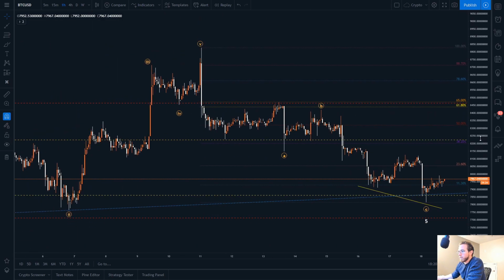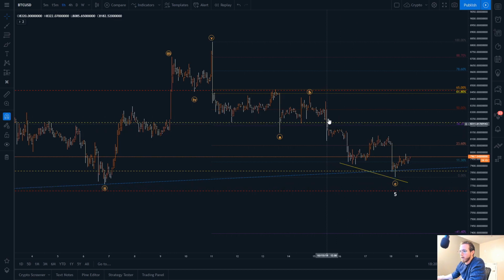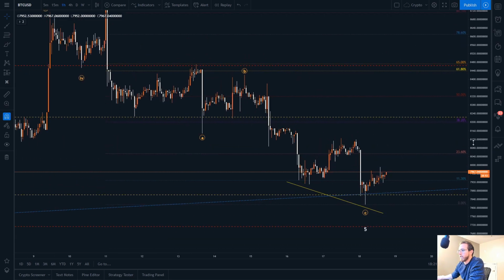So in terms of our range lines here, we don't really have very much going on. Once we dropped below this line, obviously we were super bearish. We used our 11.3 or 113 as support. We couldn't hold above the 236, and then once we fell back down, we broke through both of those, and actually that's not good. We tested this bottom yellow line, but we did manage to hold, and that's why my outlook is